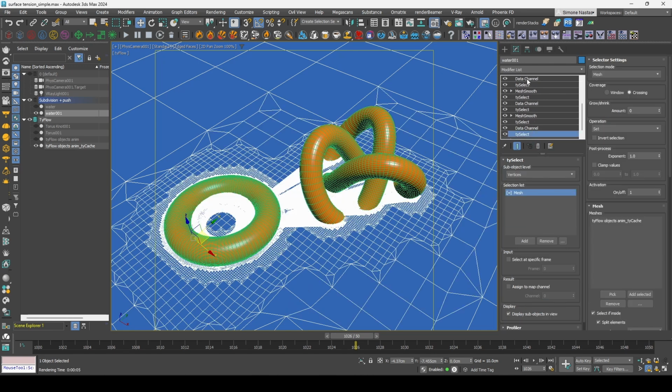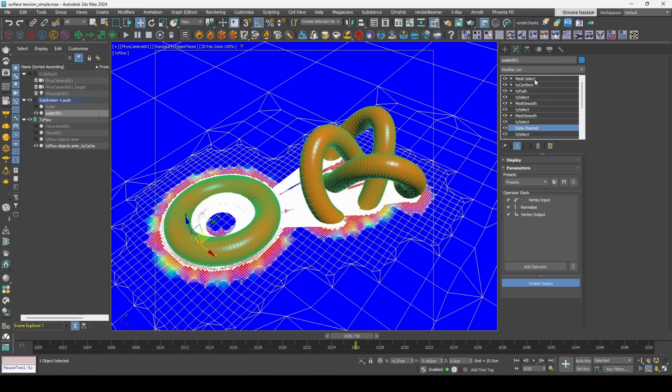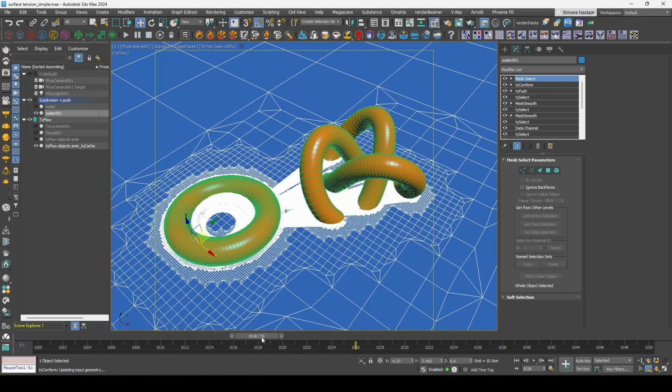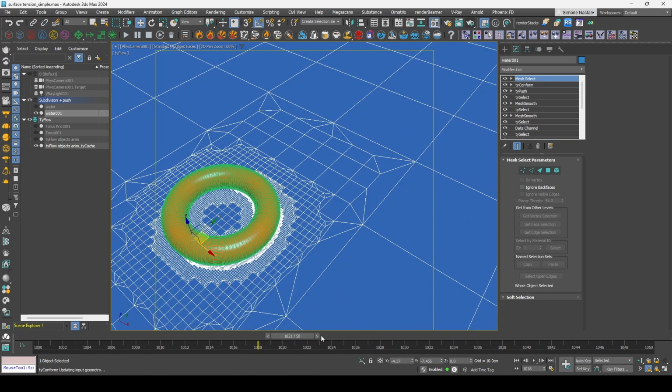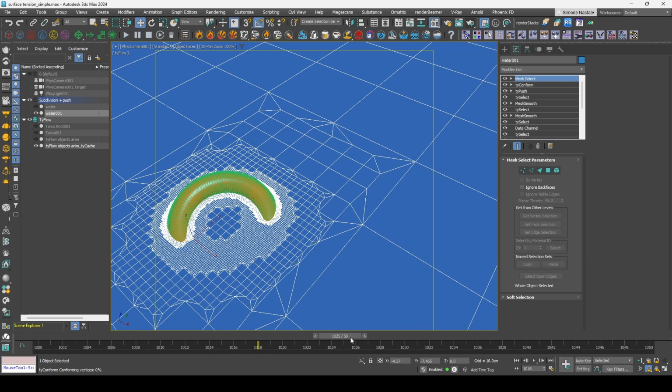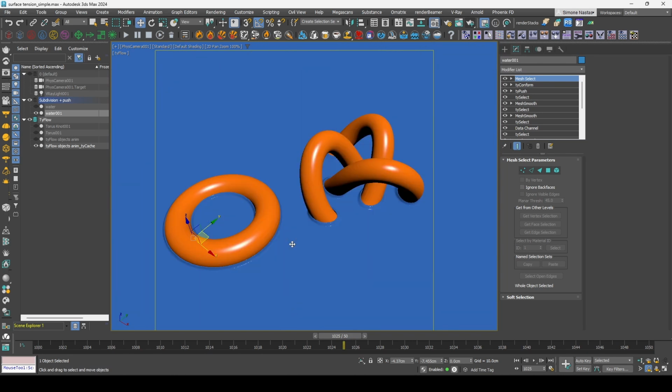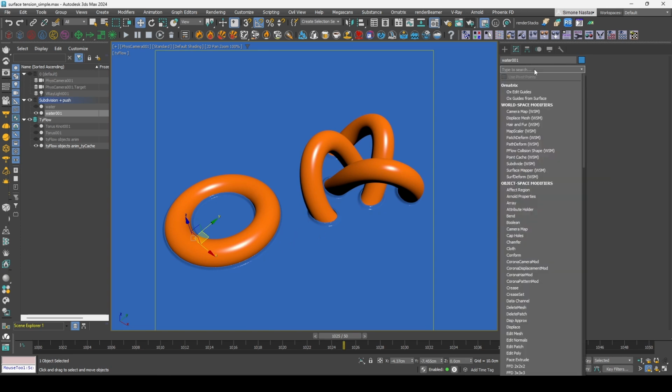Come on, let's hope it doesn't crash. Yeah, that's it. As you can see, there is a bit of a problem, but you can just override that problem with a TyCache modifier,